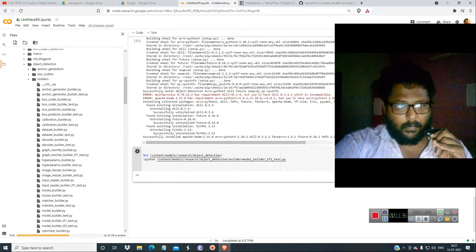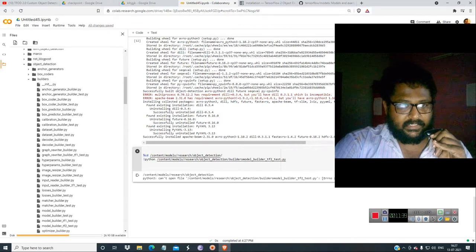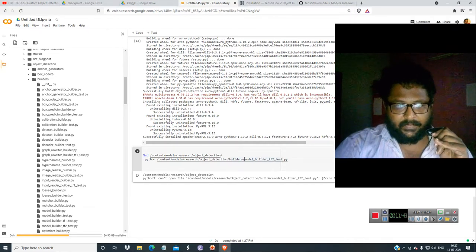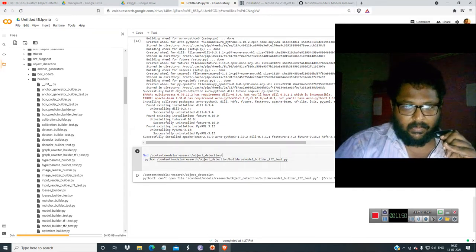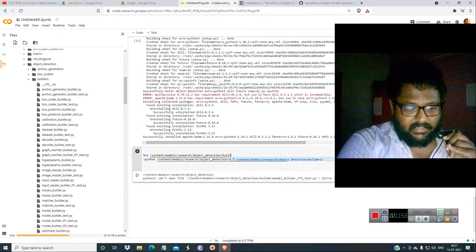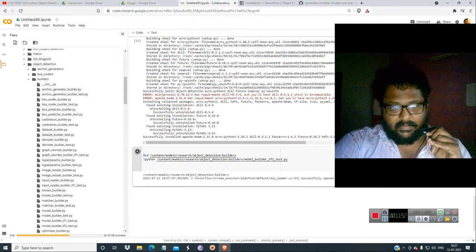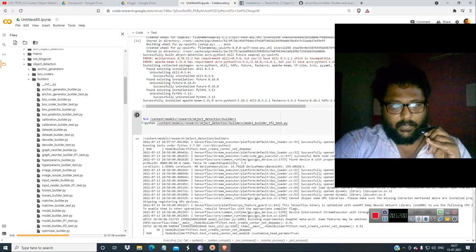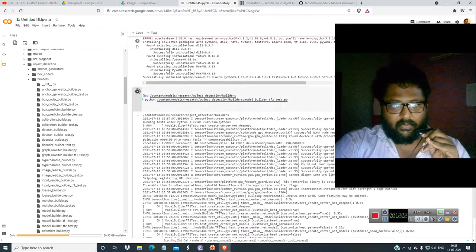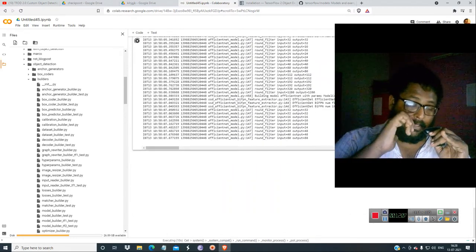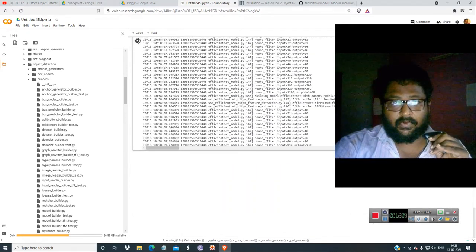Okay, object detection and model builder test. There has to be a gap over here. Builders. So it is just compiling, and everything is said to be okay. I had not given the path correctly, that's why it was happening like that. Okay, it is the same procedure we have done before. So far we have finished it.